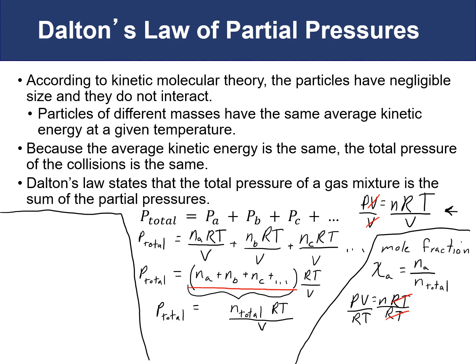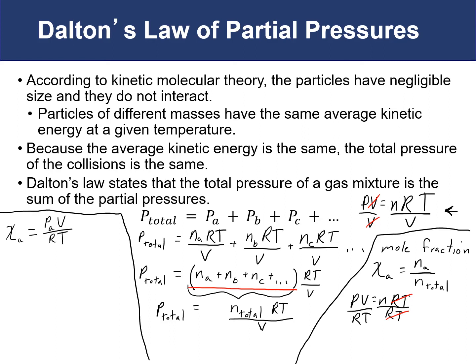So taking our concept of our mole fraction, and we're going to replace our number of moles with our equation that we have here. So instead of nA, that would be the pressure from component A times the volume over